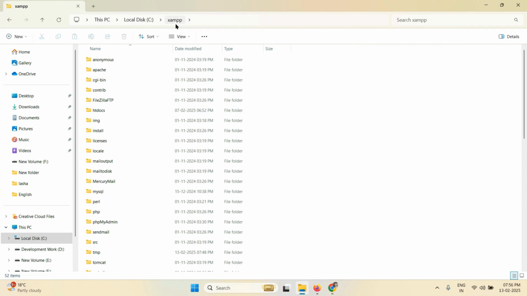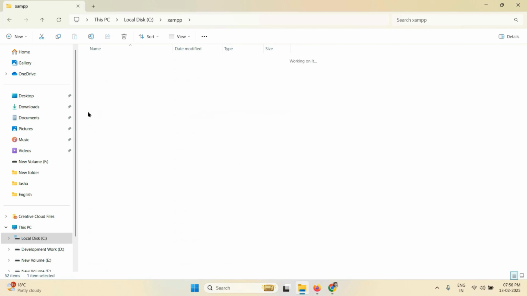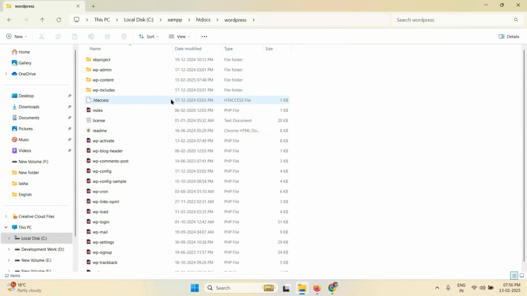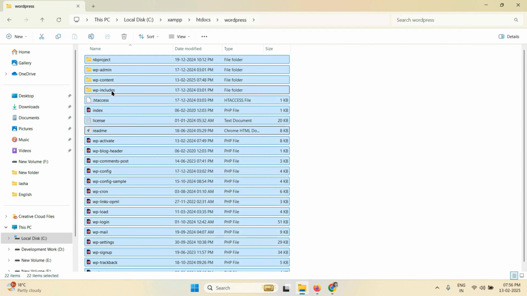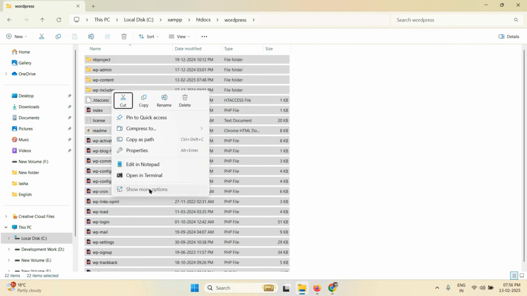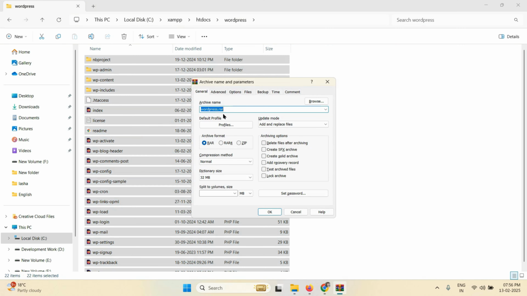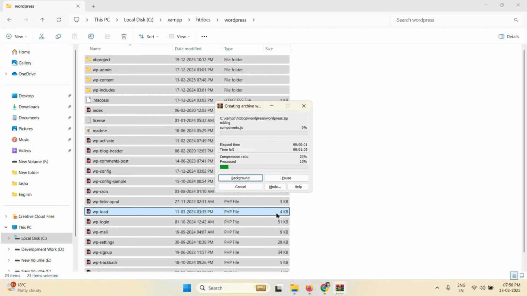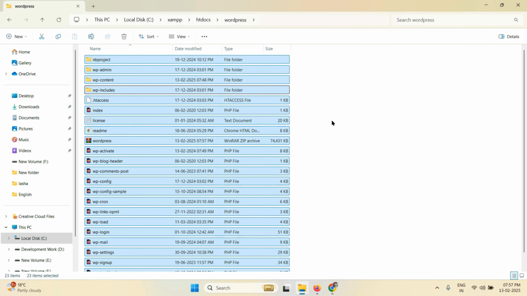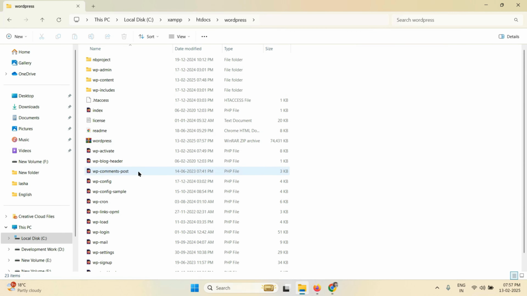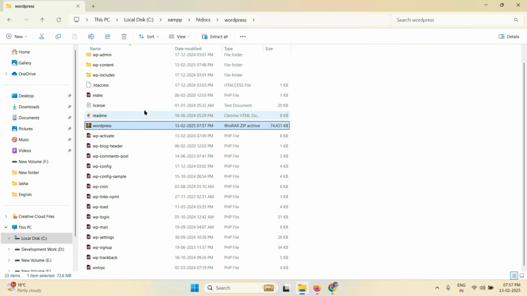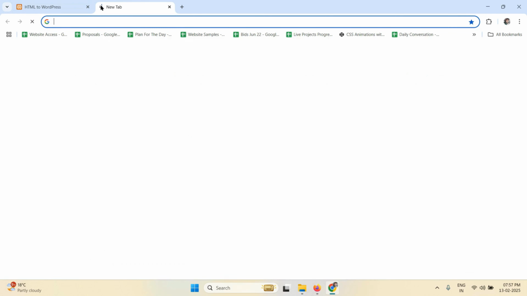So this is the C drive, XAMPP, htdocs and WordPress. I'm going to zip all the files, WordPress zip, and okay. It will create a single zip file that we need to upload to the live server. Then let me check the file name, this one. Second thing, we need to